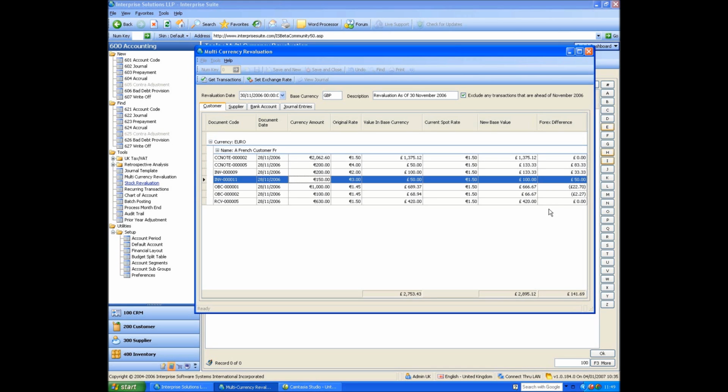Now, it doesn't change anything to do with that transaction. That transaction will always stay with 150 euros at an exchange rate of 3, and it will always be worth £50. We're not writing back journals to the ledgers or anything like that. This is basically